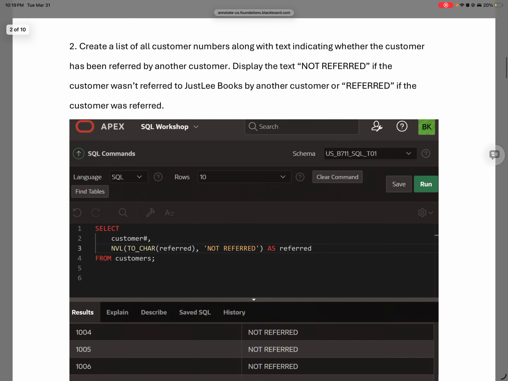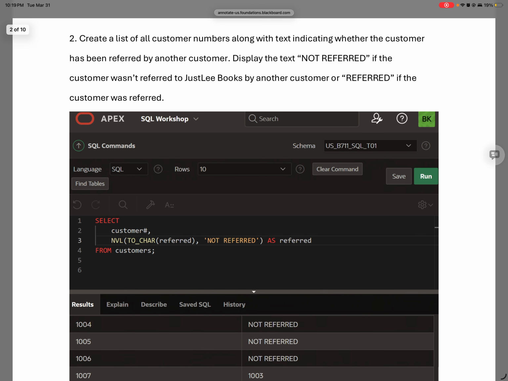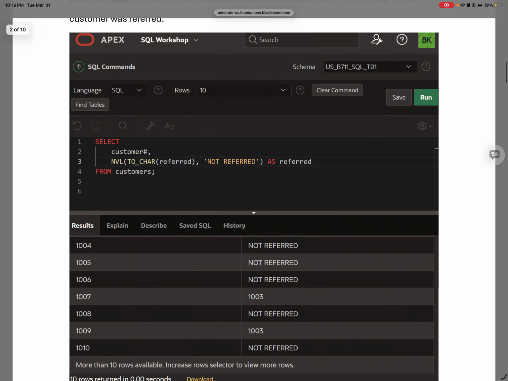Number 2, create a list of all customer numbers along with text indicating whether the customer has been referred by another customer. Display the text not referred if the customer wasn't referred, or just leave referred by another customer, or referred in quotation, if the customer was referred. To do that, we're going to do the